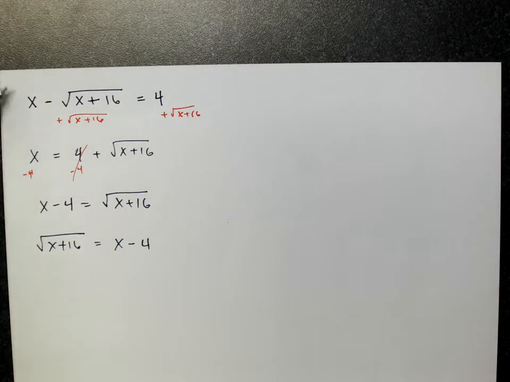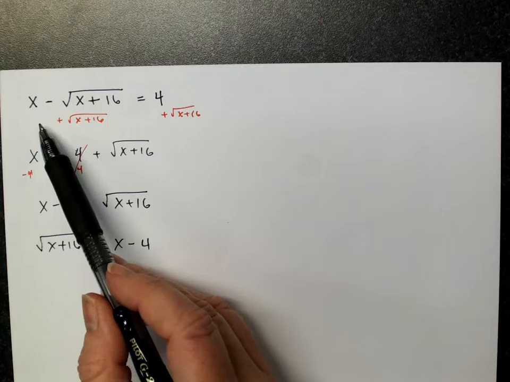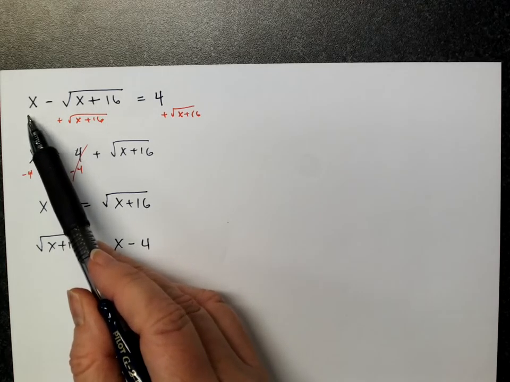But that's just something to be really cautious about when you are isolating. If you're moving a radical, make sure that the radical ends up alone and positive. Well, if you're moving that x from the left side to the right side, wouldn't it be negative? This x right here? Yeah. Well, we left